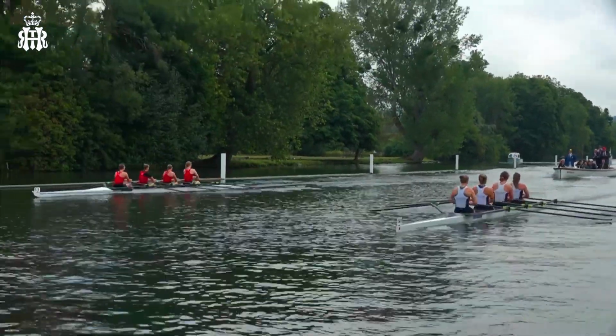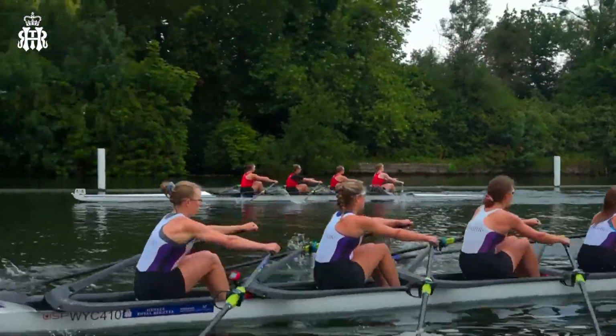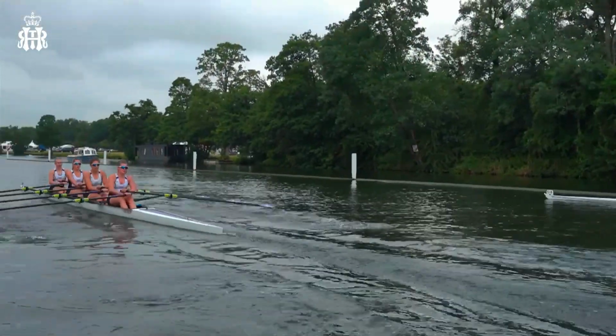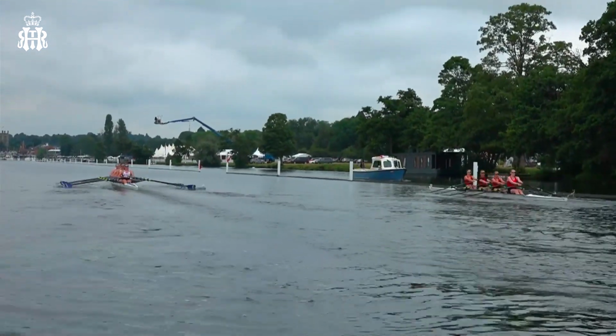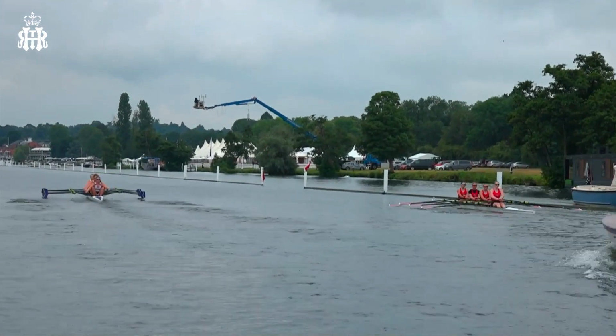It's a curious thing, Tim. Marlow are a very experienced crew. A lot of these girls raced here last year, so they'll know how to row this course. And like you point out, in terms of proximity, they know the course really well. I always wonder if this is a deliberate tactic when they do move into the middle of the course like that. I don't think it was, just given the sort of angles they were taking, but Marlow are a really